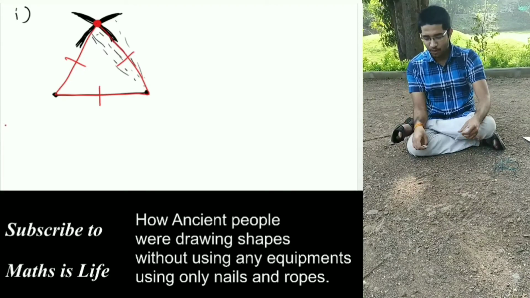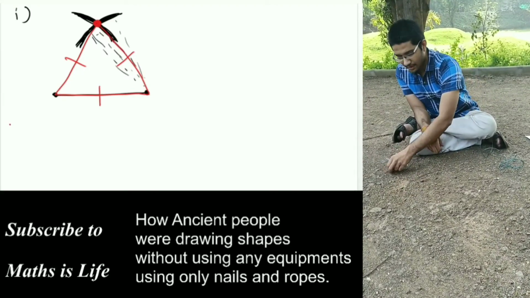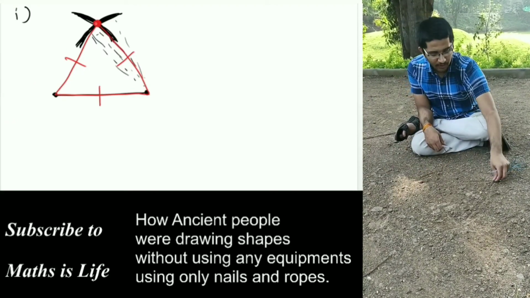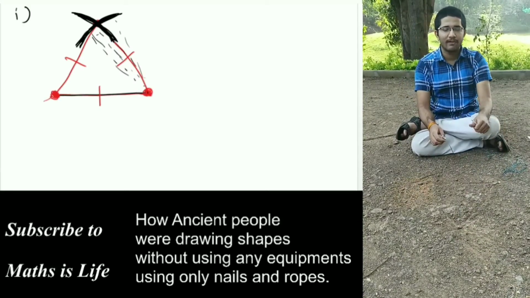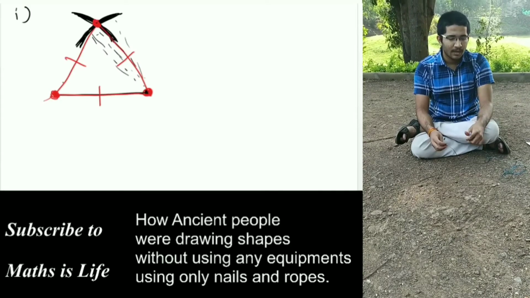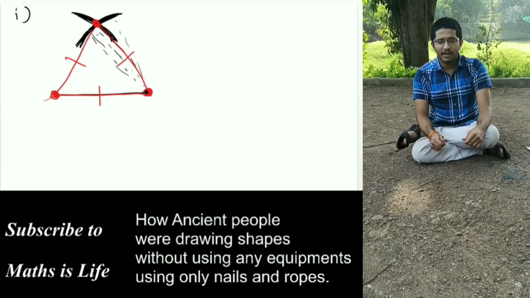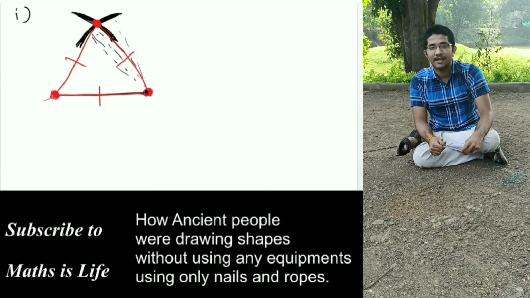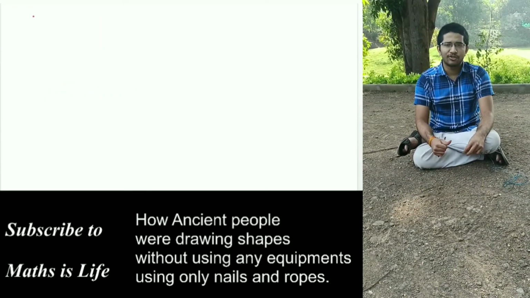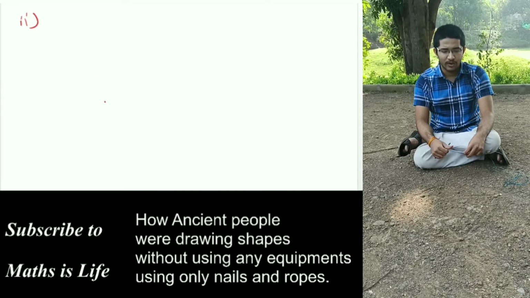So these 3 points I am placing here 3 stones. I hope this will be visible. So these 3 points we will connect and we will get an equilateral triangle. Now this is about the equilateral triangle. It was easy because all sides are equal. But what if all sides are not equal? Let's take an isosceles triangle where two sides are equal.